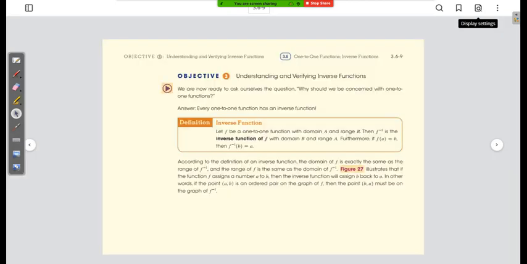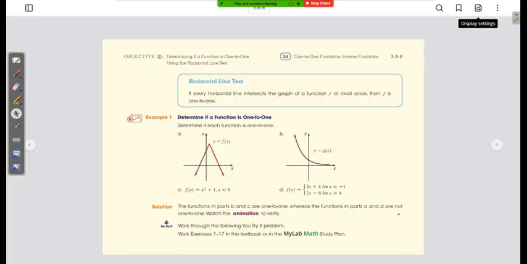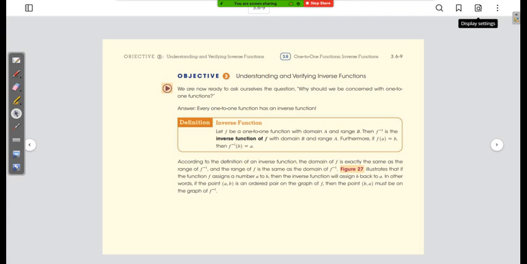Or we could just graph it more precisely, right? All right, so this reads, we are now ready to ask ourselves the question, why should we be concerned with one-to-one functions? Well, here's the answer. Every one-to-one function has an inverse function. So in order to have an inverse function, in order to have a function that,